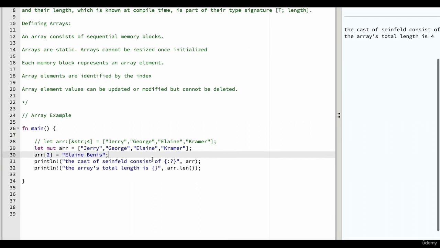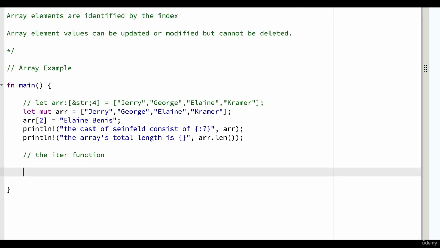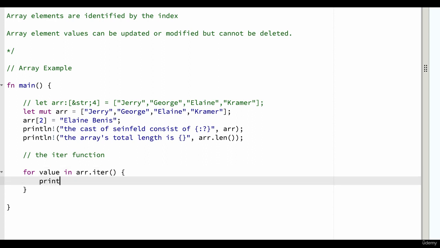Now Rust also has an iter function, an iterative function, if we want to fetch all the values of the array, which is handy to have. So how does the iter function work? Well, it runs like a loop, and it's going to get us the values. For, and this could be anything, so we'll say for value in array, and now we're going to access from array the iter function, and here we can print